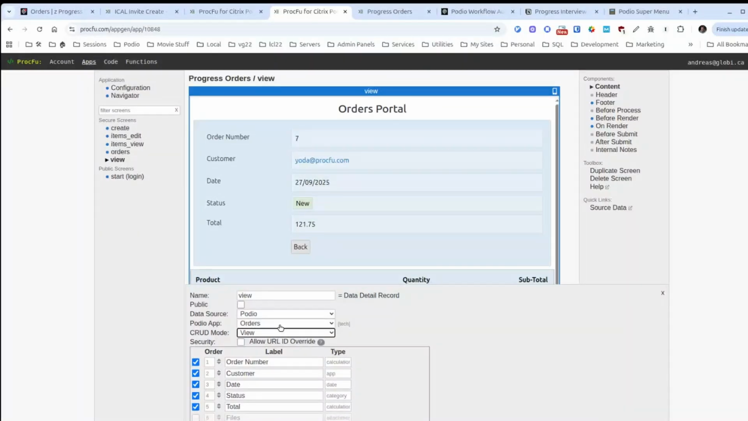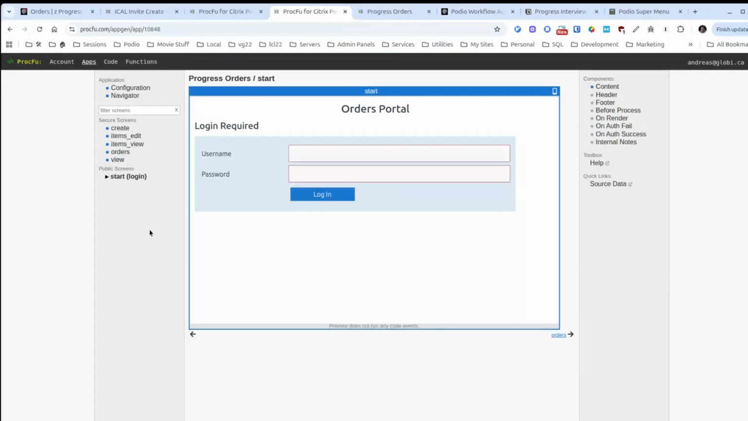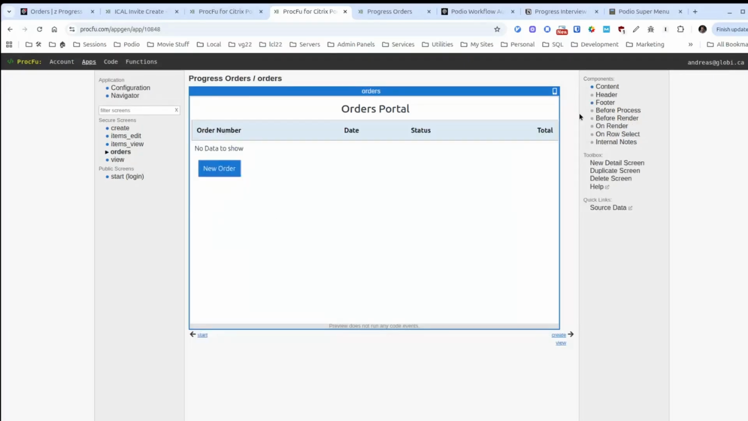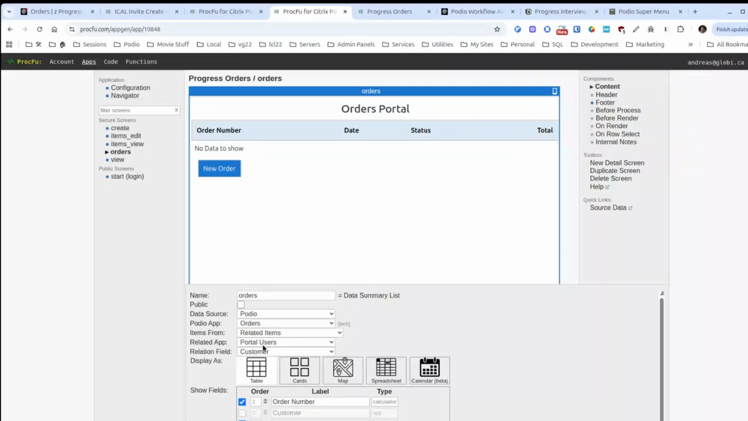What ProcFu does behind the scenes is it tries to keep a context of everything that happens. So when you start with a login, right now for this example, there's a portal users app in Podio. So when you log in, there is a current record for portal users, which is the person that just logged in. So that becomes the context inside of ProcFu moving forward. So when you look at the orders, which is a summary list kind of screen, when you tell it that you want related items using whatever the current portal user is, well, the current portal user would be